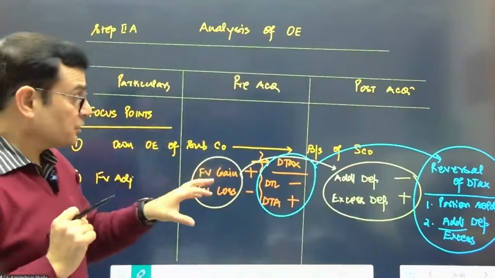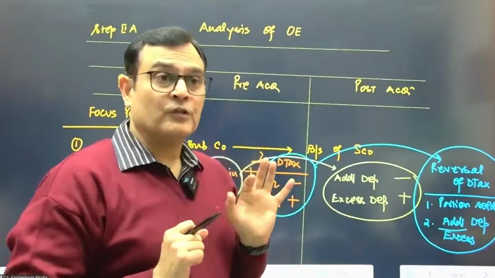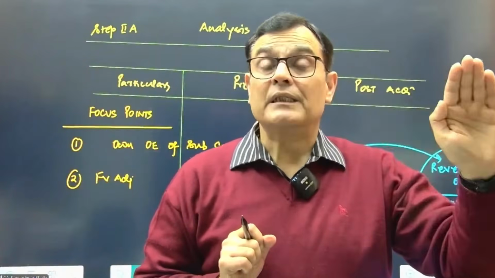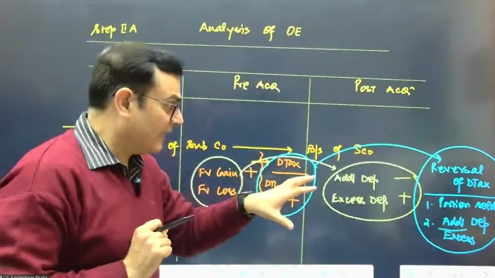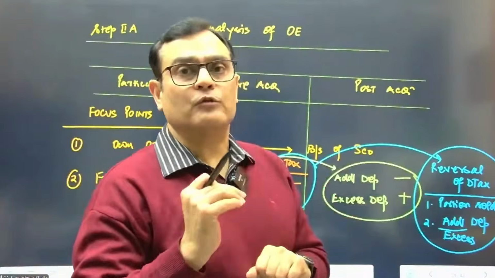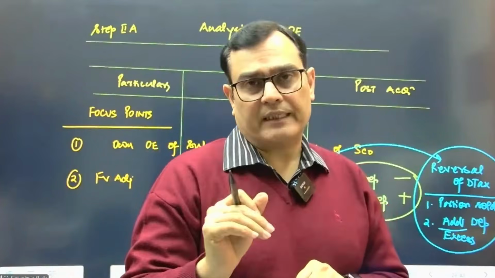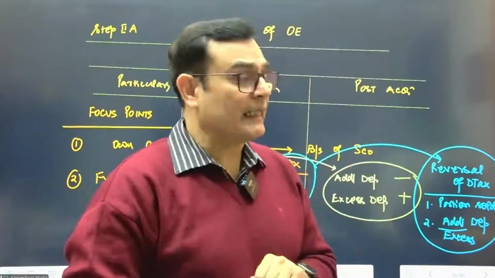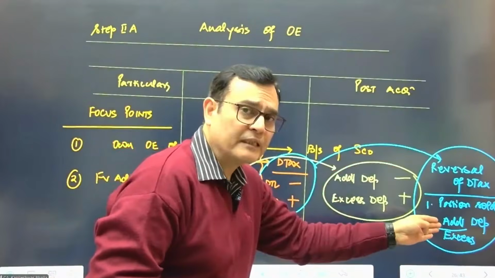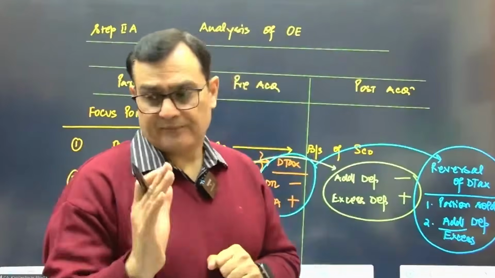Now, in the post-acquisition, due to this fair value gain or loss, you will have consequential depreciation impact. If there is a fair value gain, it leads to additional depreciation. If there is a fair value loss, it leads to reversal of excess depreciation. And we also need to go for reversal of deferred tax. The reversal of deferred tax will be on account of two movements. A portion of the asset is sold, reverse the deferred tax. And due to the additional and excess depreciation, also reverse the deferred tax. So you can say on the amount of depreciation, reversal calculations of deferred tax will take place, and to the extent of the sold portion, you'll have to calculate the reversal. I hope I'm clear.